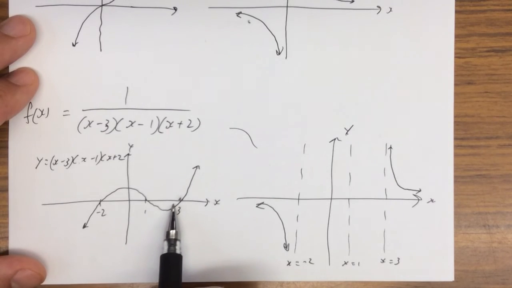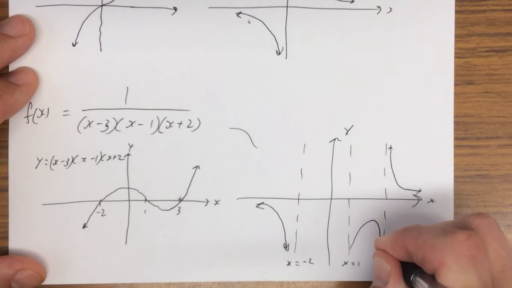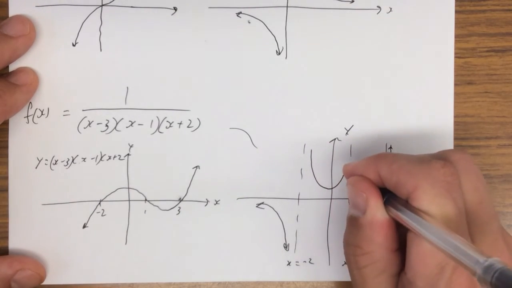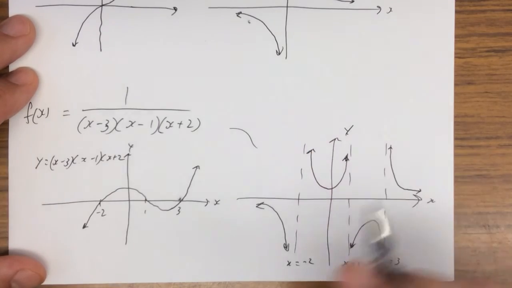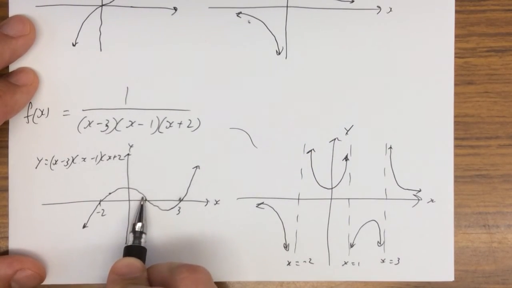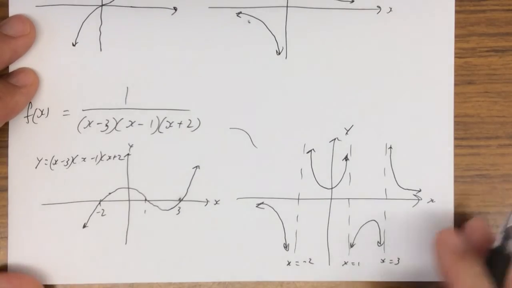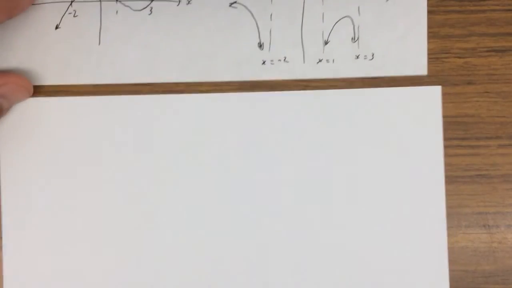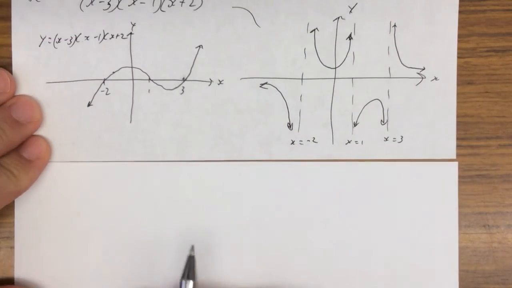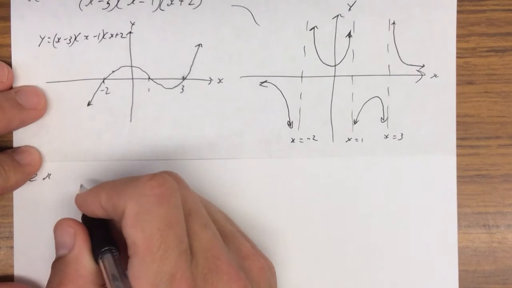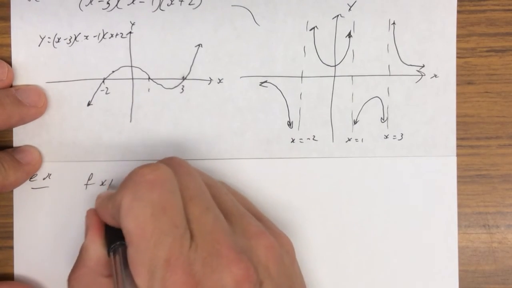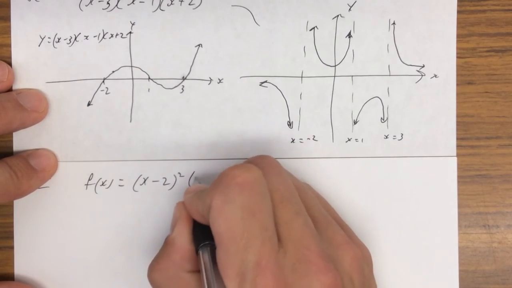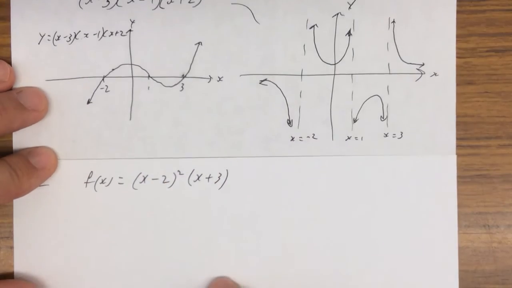This piece is all negative. 1 over negative numbers are negative. And so you're going to have a little upside down piece like this. And here, it's positive, so you're going to have an opening up piece like this. So you're doing 1 over positive numbers here, 1 over negative numbers here, and that's what your graph would look like. One more example for that. What if one of the bottom factors is squared? So if you had f of x equal to x minus 2 squared times x plus 3, say,